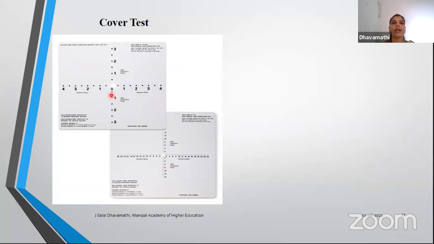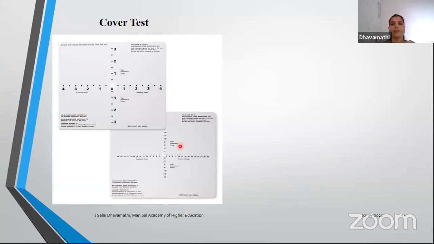Hold this type of card and shine a torchlight behind the card, with the patient wearing a Maddox rod. The patient has to report where the line is. If the Maddox line is in the center, then there is no phoria. If the line is on the right side or the left side, or up or down, vertically or horizontally, depending on the direction you have to record whether it is a crossed diplopia or uncrossed diplopia. For suppose if the patient reports at 2 prisms, then it is 2 prism esotropia. The same procedure you do for near and find the